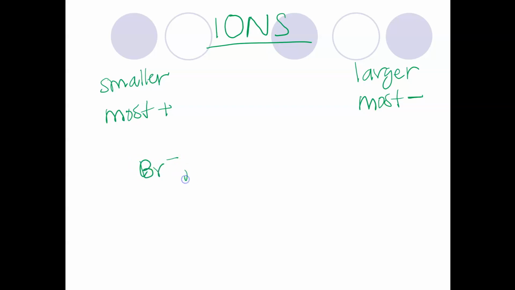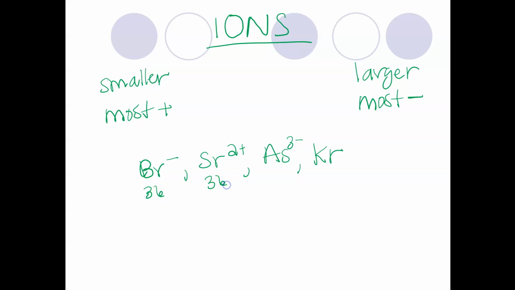bromine, calcium. Wait, no, I don't want to do calcium. I want to do strontium, and arsenic and krypton. Okay, so if we look at these on the periodic table, bromine has 36 electrons, strontium has